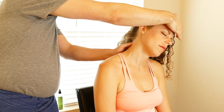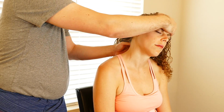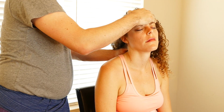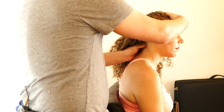If I don't like grabbing the hair, I can grab at the forehead. I'm still at the posterior, the back of the neck. If it's ever too much pressure, she can let me know. Usually I can judge by facial expression, but occasionally you can ask for verbal feedback. Right near the base of the skull, right